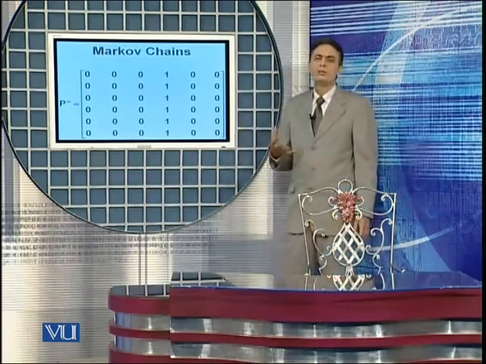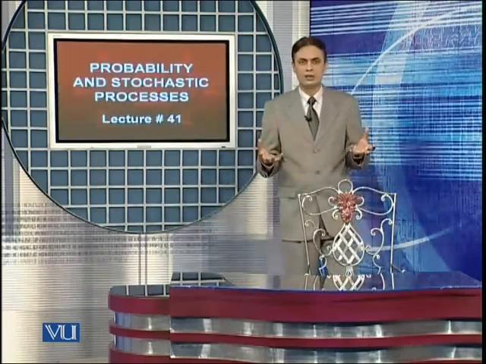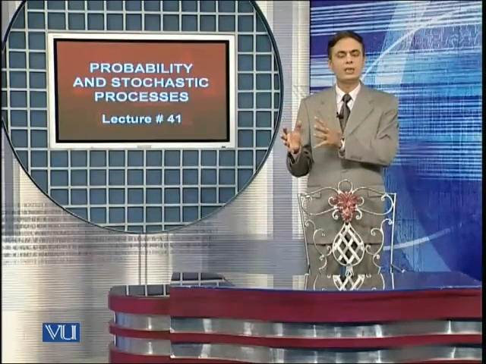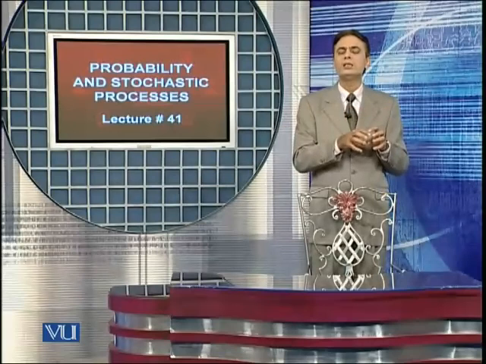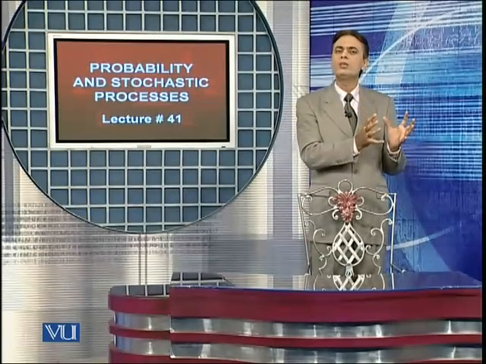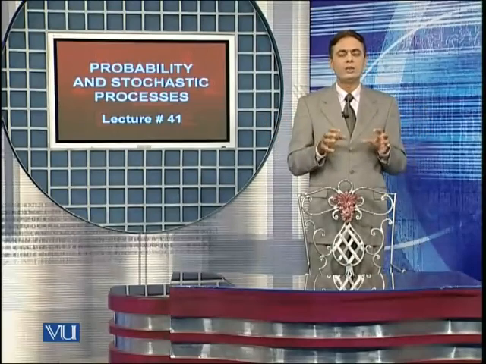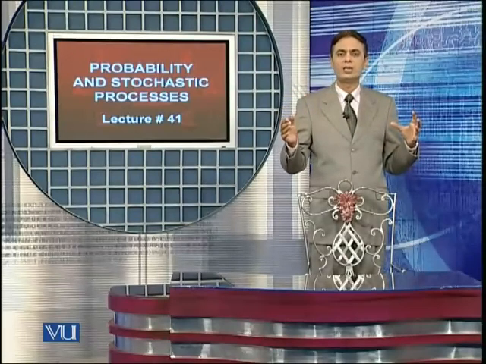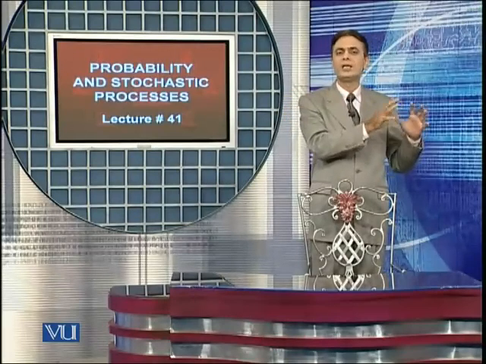It's also possible for a Markov chain to have more than one recurrent state. So if a Markov chain has a collection of transient states and other states are recurrent, then these recurrent states can be either in one group or in more than one group. If this group of recurrent states is only one group, then the Markov chain through its evolution, when it reaches there, gets trapped and never leaves. An example of such a Markov chain was just shown to you, where state 3 represented that group of recurrent states where the Markov chain gets trapped.